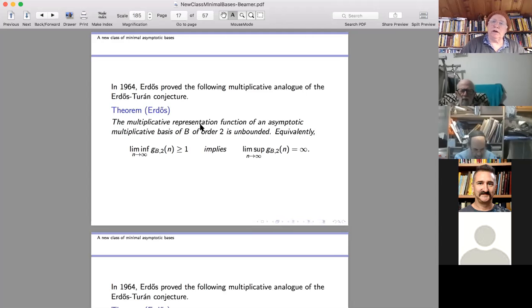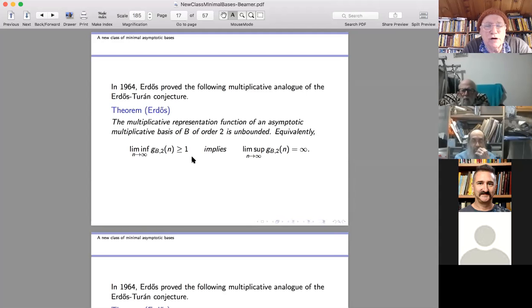And Erdős's proof was graph theoretic. It used graph theory. And maybe 20 years later, two Czech mathematicians, Nathanson and Gödel, were able to give a simpler proof using Ramsey's theorem. They took the basic Ramsey theorem, which is not a trivial generalization, but a generalization of just the pigeonhole principle. Pigeonhole principle for infinite sets is if you take an infinite set and you write it as a union of a finite number of subsets, one of the subsets has to be infinite. So that's the first case of Ramsey's theorem.